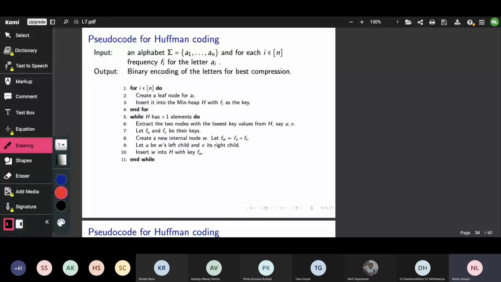Now U and V have been extracted out of the heap, but W goes and sits in the heap with its key value being equal to FW. So now, depending on how large FW is, MinHeap will put it in the appropriate place inside it. And now if in the next round, FW is one of the two smallest frequencies, it will extract it out, or it will extract it out whenever its turn comes up. Okay, so this we do repeatedly. And that is the full code for, of course, finally return this edge.